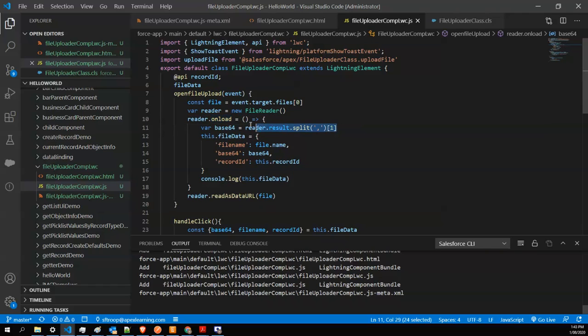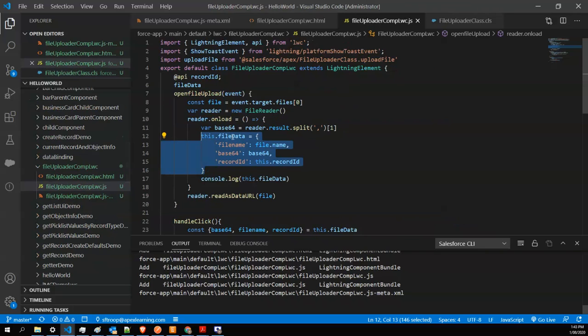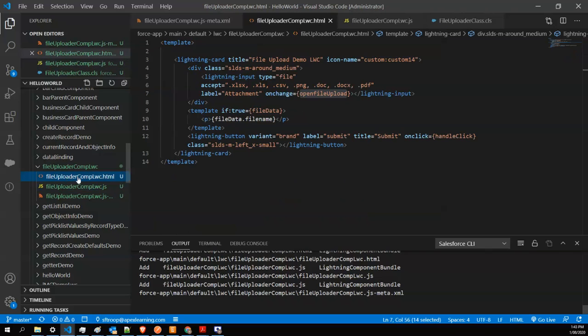Then we are calling the reader.result. This is the result. If it's successful, you can check reader.error as well, which gives you information if the reading failed. So if you want to do some error handling, you can do it with that. Then we are creating an object based on what our Apex class is expecting. So I'm creating that object with the file name, base64 as the content, and the record ID of the record, and I'm storing that. Then after that, on the screen I have created the button, and on click of that